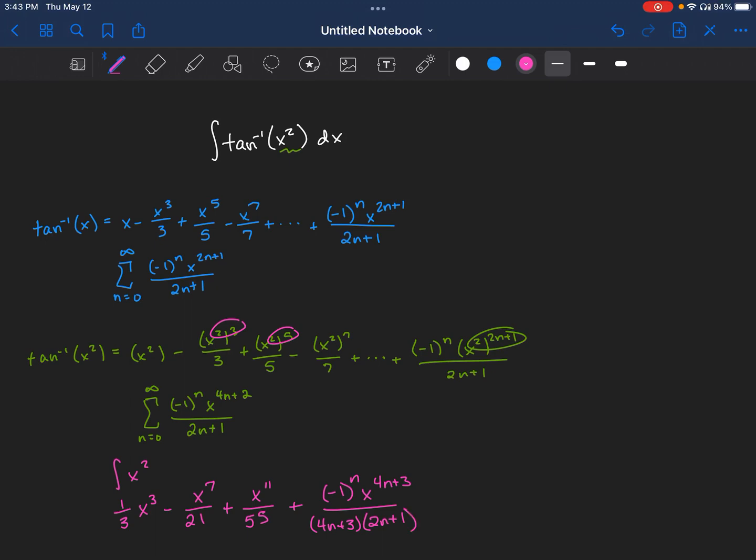So in total, the summation here will look like the sum from n equals 0 to infinity of negative 1 to the n of x to the 4n plus 3 all over 4n plus 3 times 2n plus 1. And you can simplify that denominator if you really wanted to, but I'm just going to be fine leaving it alone. And that is my